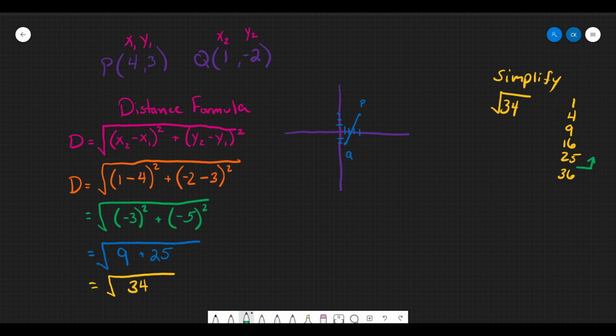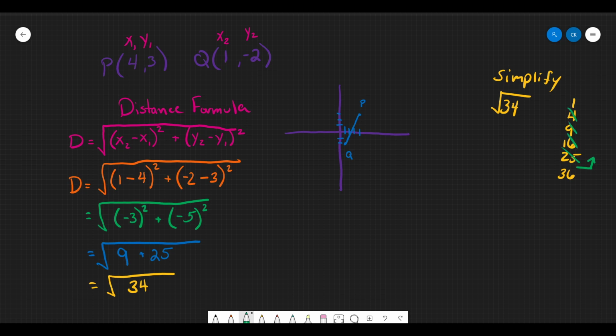So I'm going to check all of my numbers that are lower than 36. So I do 34 divided by 25. That doesn't work. Divided by 16 doesn't work. Divided by 9 doesn't work. And divided by 4, none of these work. So this is actually the simplified version